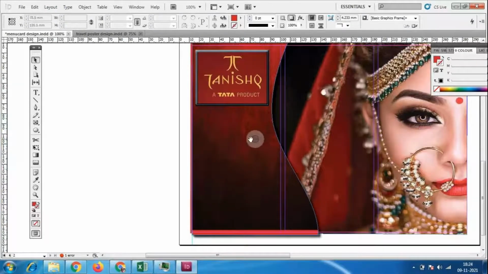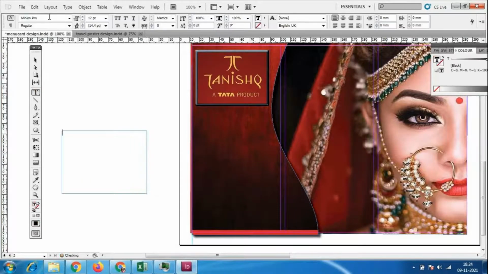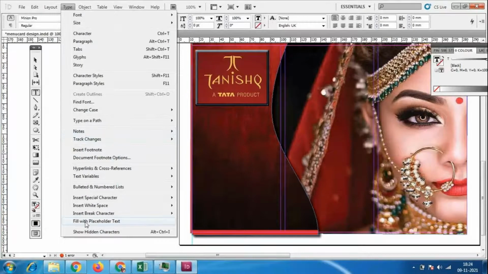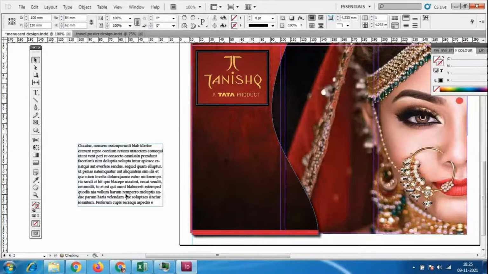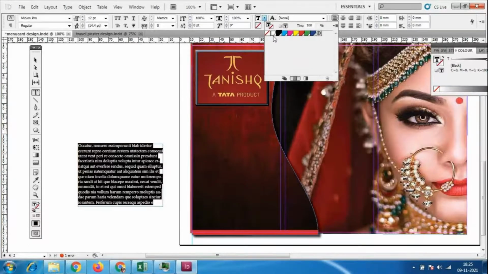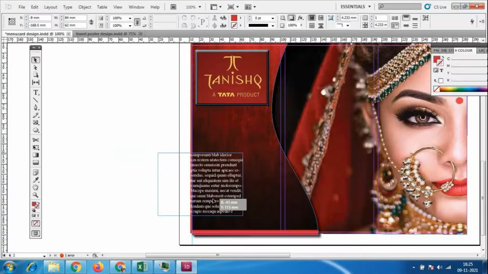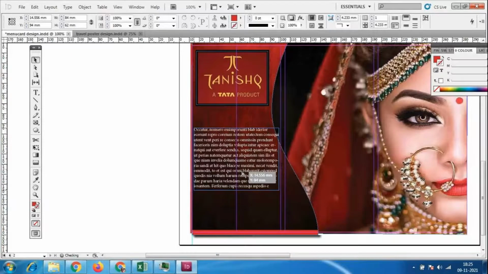Some of the information about the company, all those things you can add like this. I'll go to type, fill with placeholder text, and we can place the text like this, with the text color white. So I could place the text like this. This is something which is related to the company.